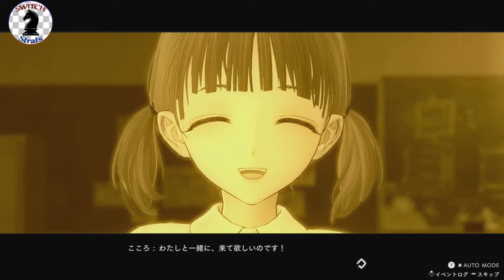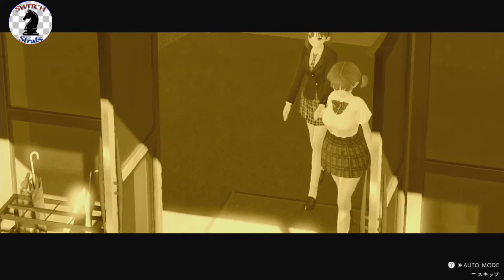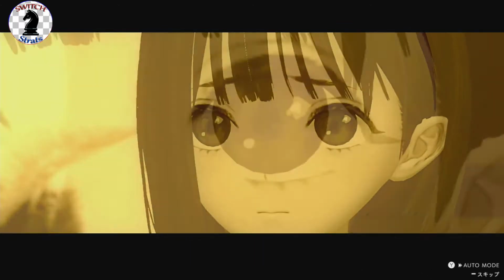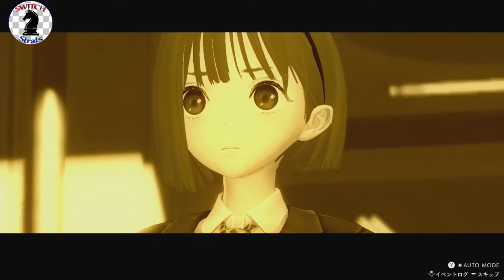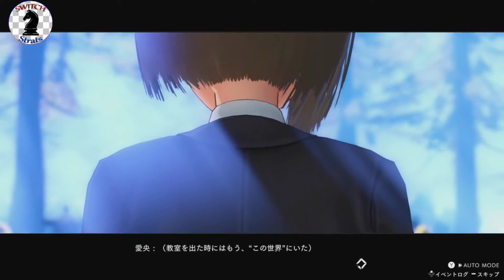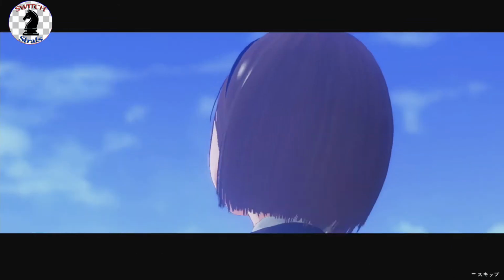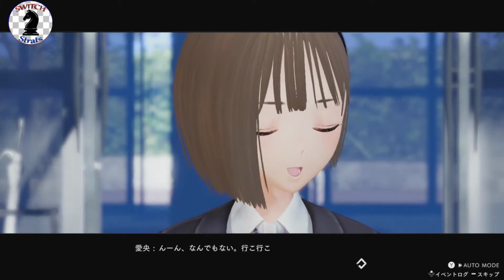私と一緒に来てほしいのです。 Please come with me. ちょっとどこに向かって。何？ She's like, wait, where are you taking me? But like, wait, what? What is this? Yeah, nice. I love the visuals. 教室を出た時にはもうこの世界にいた。あおちゃん？なんでもない。行こう行こう。